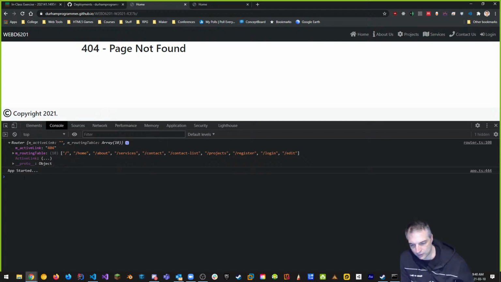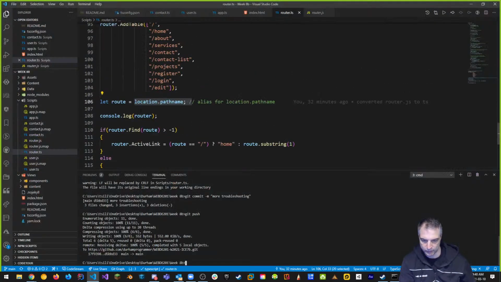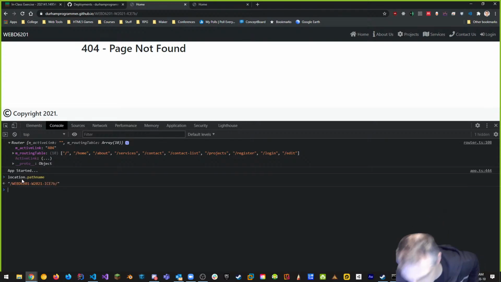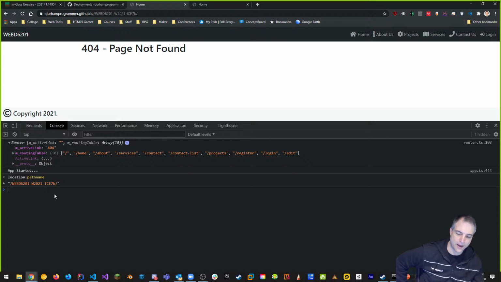All right, cool. Let's see what the path name is. Because remember, we can just do it from here. We don't have to go into our page. So let's go back into here, and when we say location.pathname, what is the location.pathname? Location.pathname. This, my friends, that's the location.pathname.